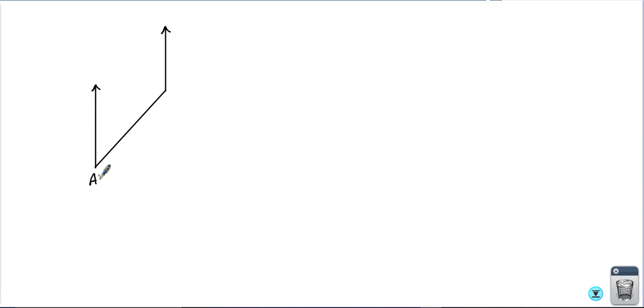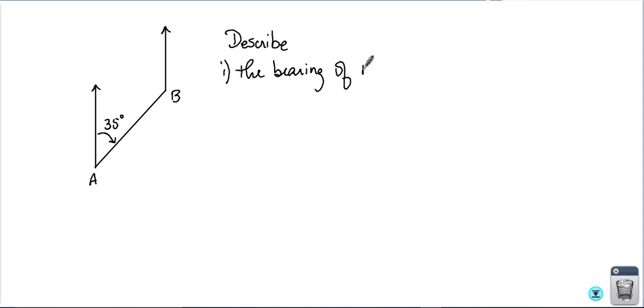I've got A, I've got B, I've got an angle here of 35 degrees, and I'm going to ask you to describe, number one, the bearing of B from A. Describe the bearing of B from A. So I'm going to give you a few seconds. This is the north. The bearing of B from A is